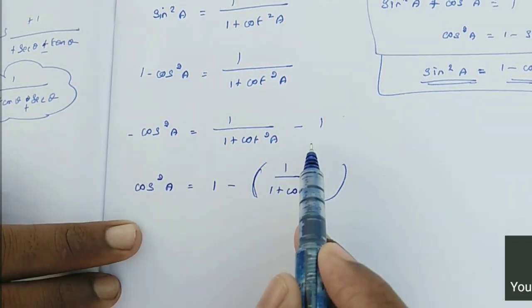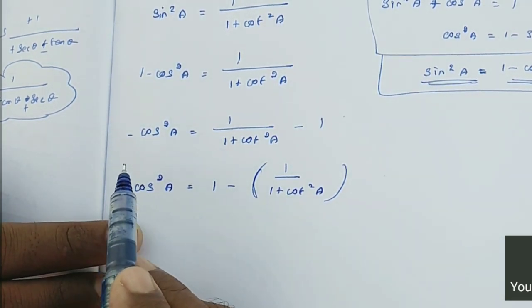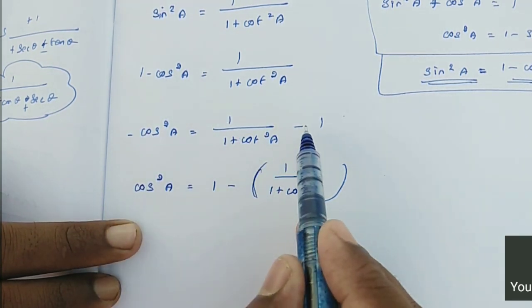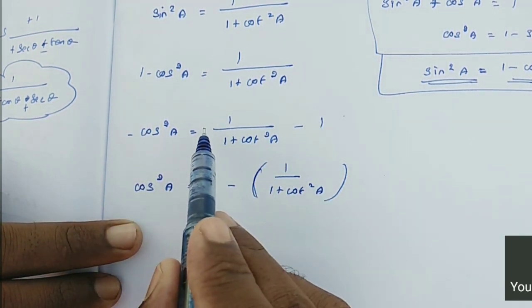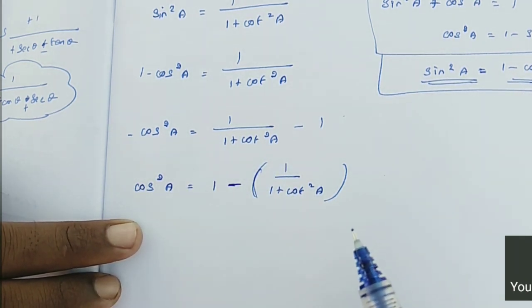I just simply multiply minus in both the sides, because here the cos squared a, I want to make this minus cos squared a as a plus cos squared a. So when I multiply minus towards this term, it became a plus. When I multiply this here, the plus minus 1 became a plus 1. The plus in the entire term became a minus. Clear?